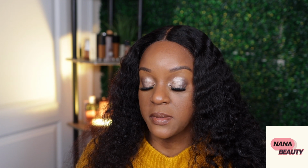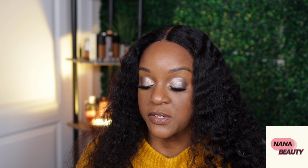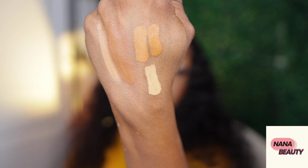Fully loaded with pigments provide maximum coverage with an undetectable finish for a look so flawless that they'll think you were born this way. Claims verified. It's verified. Let me swatch it. I don't know what Too Faced put in these concealers. But baby, if you have never, and right now it looks kind of light on camera, but it's not that